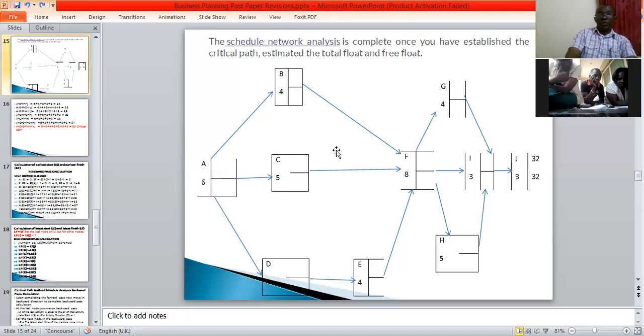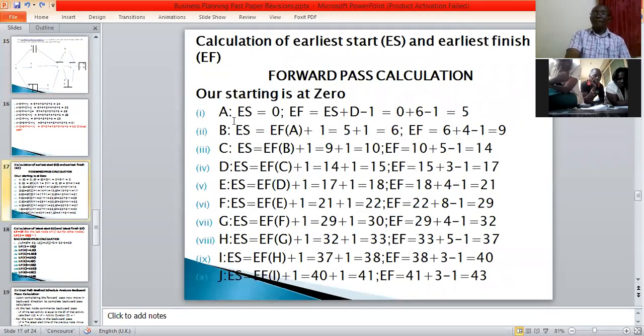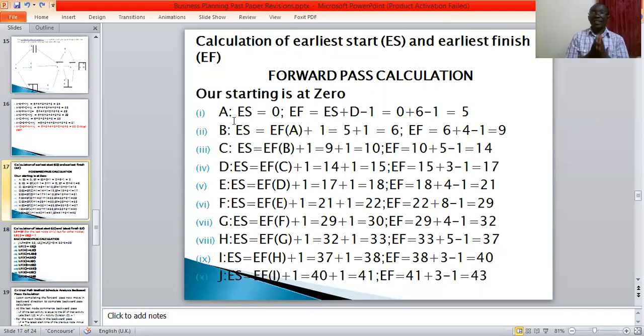Okay, so this activity B, what is the earliest time it can start? And what is the earliest time it can finish? Now remember that activity B depends on activity A. So if activity A is not completed, you can't start activity B. So the formulas are here. For the first task, which is activity A,